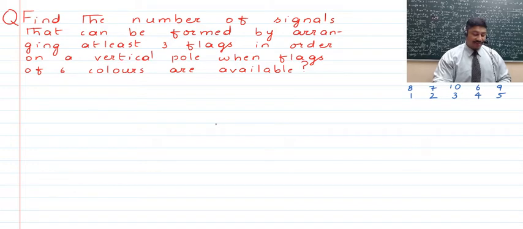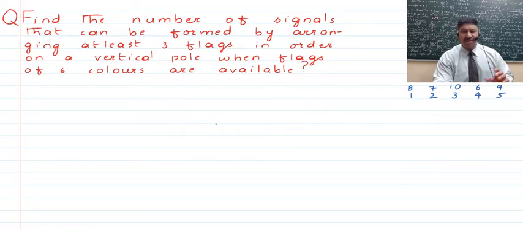Right, children, now let's discuss the sum. Here in the question we've been given, find the number of signals that can be formed by arranging at least 3 flags in order on a vertical pole when flags of 6 colors are available. So if the flags are of 6 colors, then obviously they must be such that they all look to be distinct. Some can be of violet color, some can be of red color, or probably yellow, green, whatever, right? So all of these different flags can be put on a vertical pole and some signals are to be made